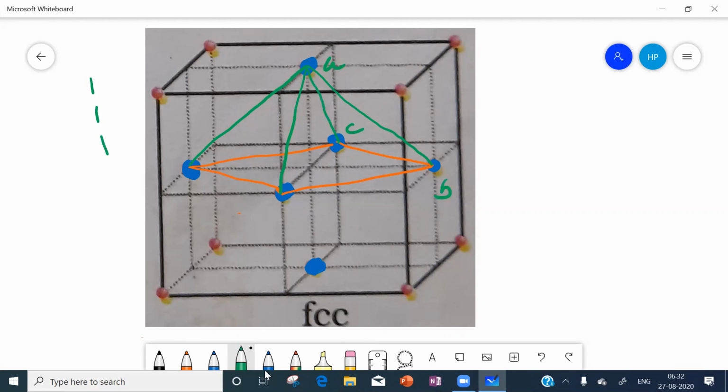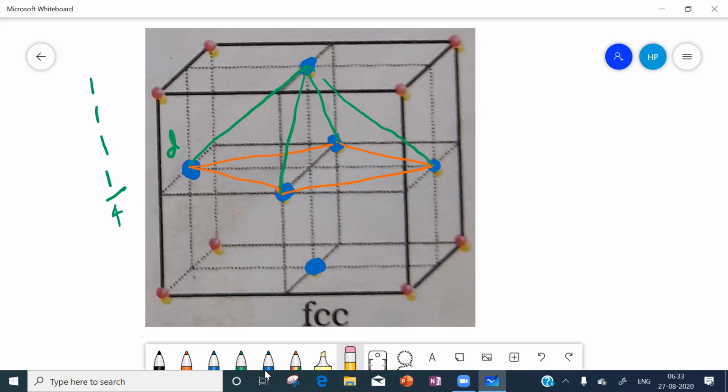Next, take this as D. From the center of A to the center of C to the center of D and back to A. Is it a triangle? Yes. So totally how many triangles? 4 triangles we got.